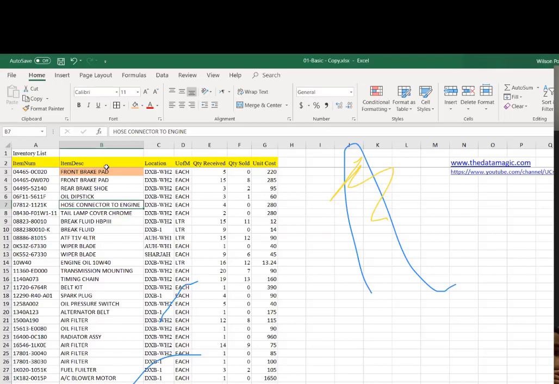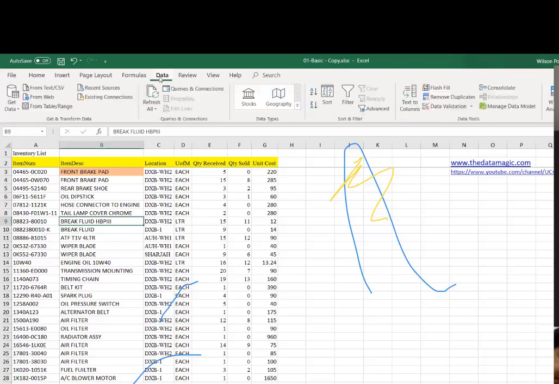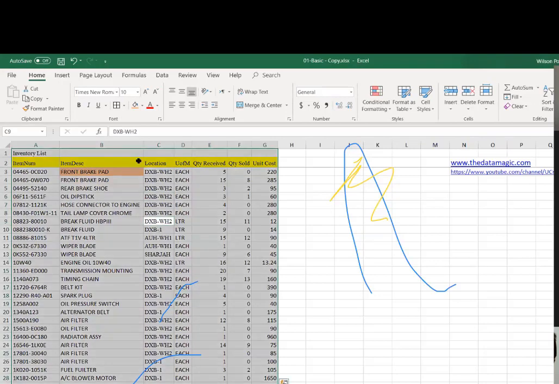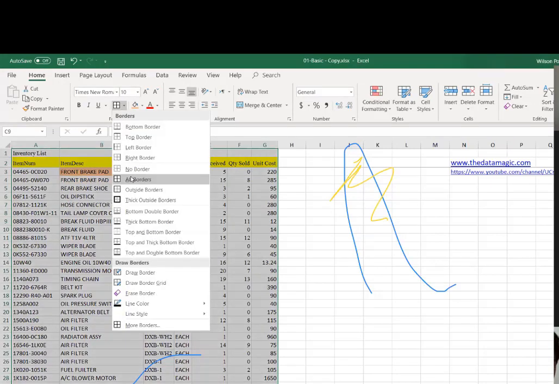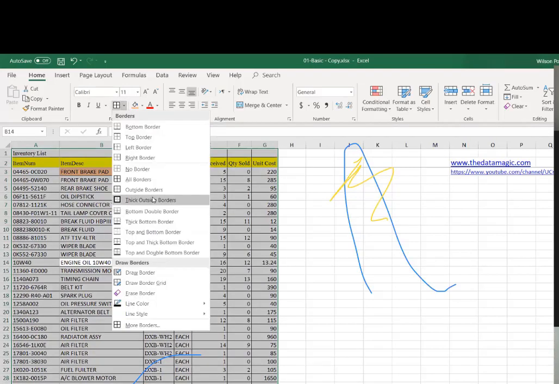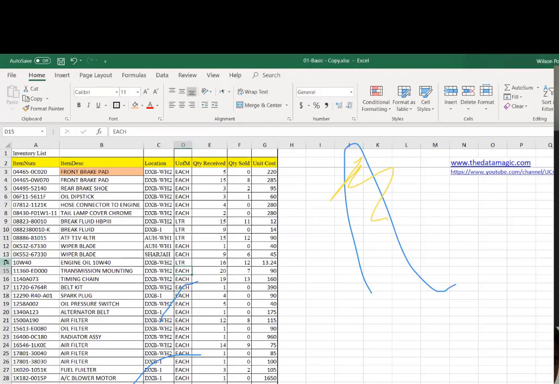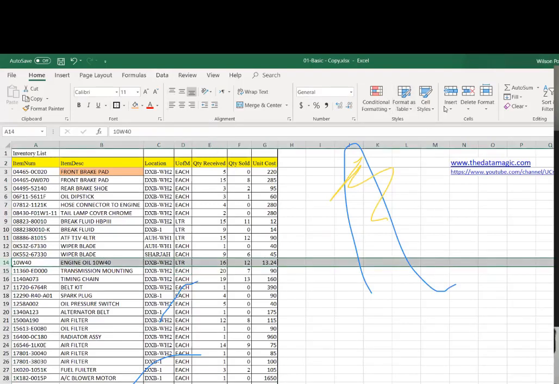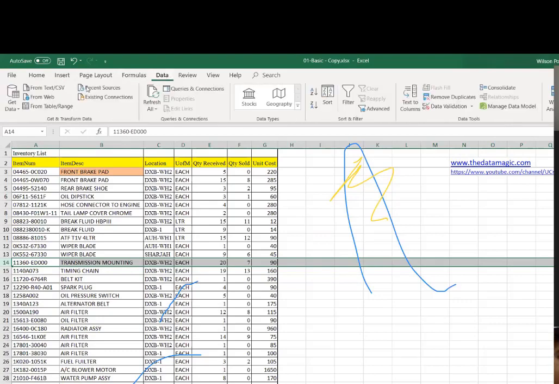If I want to do any sort or filter, again you have to go to the data tab and go here, do the custom sort, filter and things like that. If I want to do a border, I have to go here, select this, and if I want a thicker border, I have to go here, select this, and if I want to delete a row, I have to go to delete and delete cells. So you have to toggle between different tabs here.